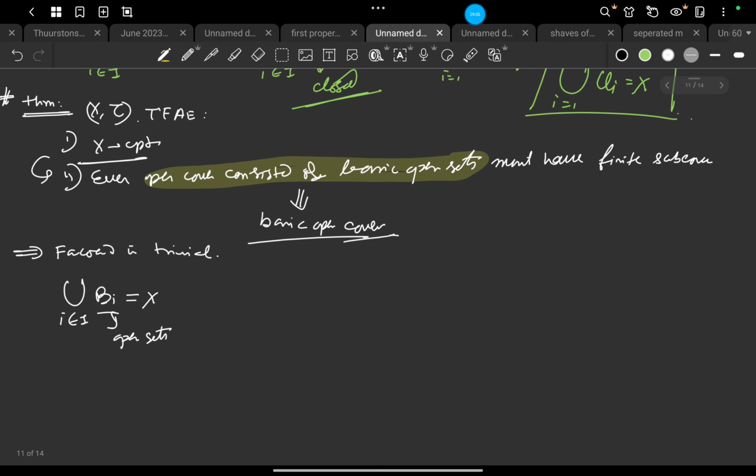So from this we have to construct a basic open cover. Now every Bi is the union of Bij, j belongs to Ji, where each Bij is a basic open set.